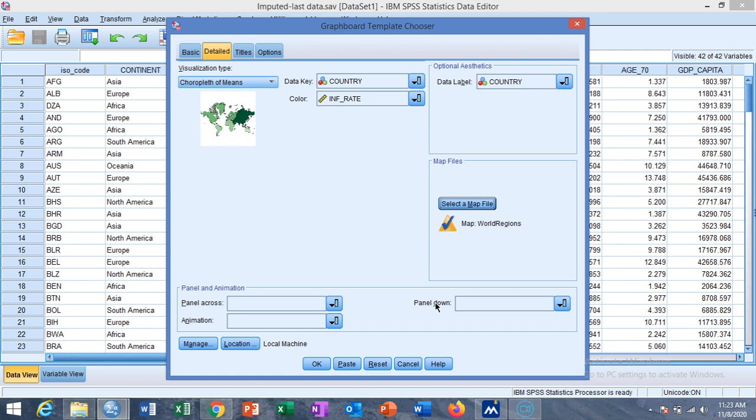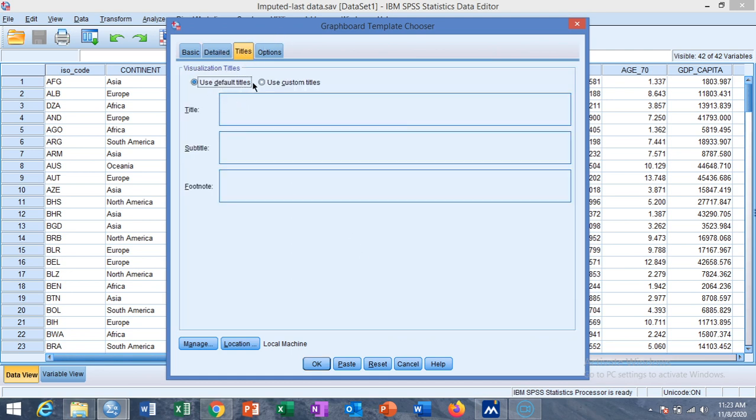and then go to the title. If you want to give a title to the map, COVID-19 infections.